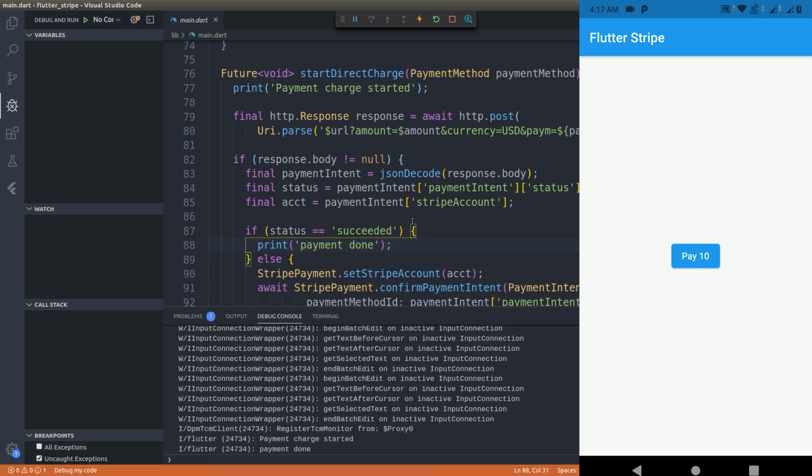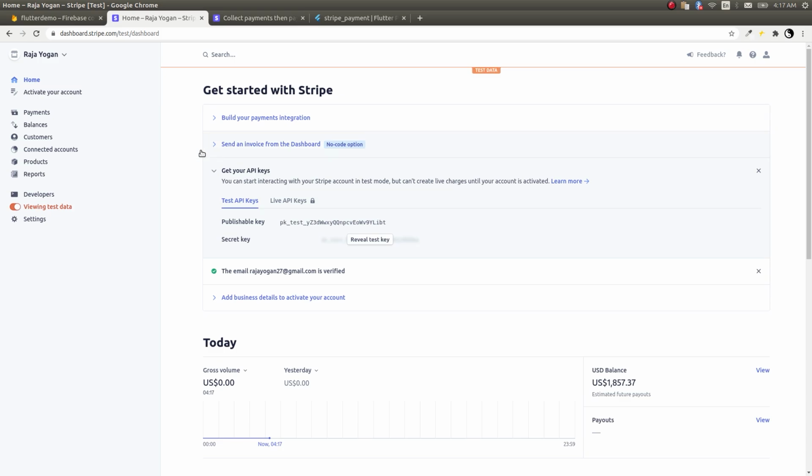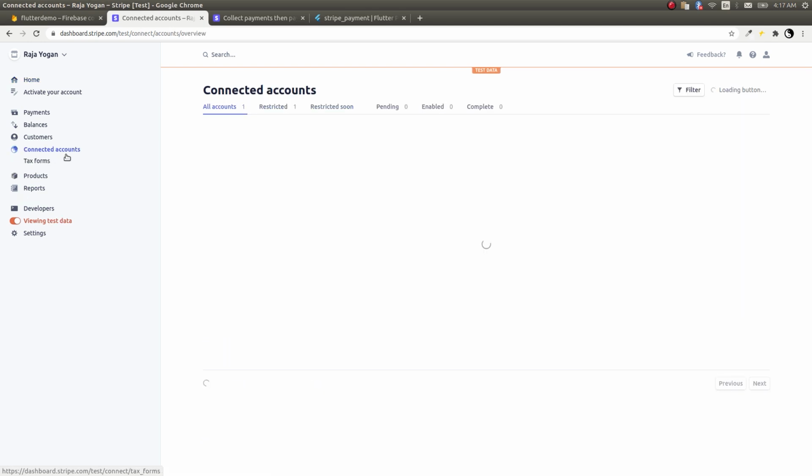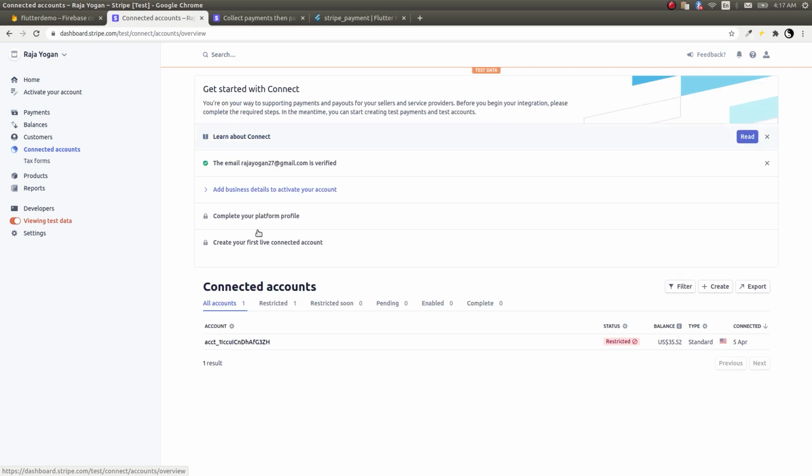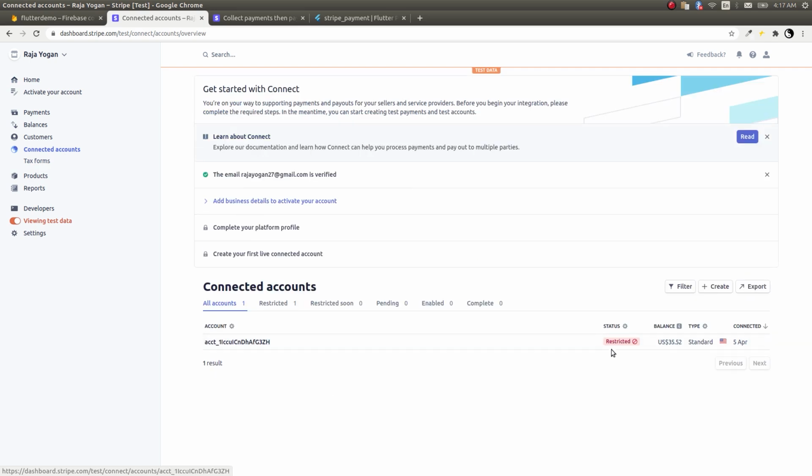Alright, payment charge started, and payment done. So it just means that our payment is successful now, right? How do we verify this? It just shows payment done, but we need to verify whether we have collected the actual payment. So what we can do is go to Stripe, and if you notice there is connected accounts. Go in here. You'll see all the accounts that you have created. Now this is the account that I created. It's restricted because my Stripe account is not activated. So if I get into that,